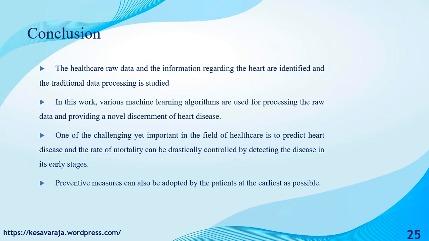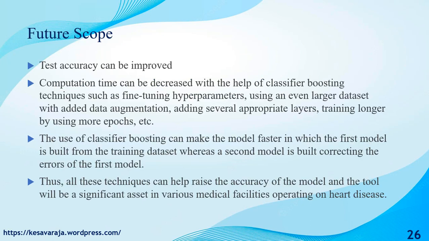The conclusion: this model provides an excellent preventive measure for heart disease, which can be tested with various ML models and provide the best model for heart disease prediction. This is the best one. In future, the test accuracy can be improved with a classifier and some boosting method too. This is the basic algorithm which was tested in IBM AutoAI.